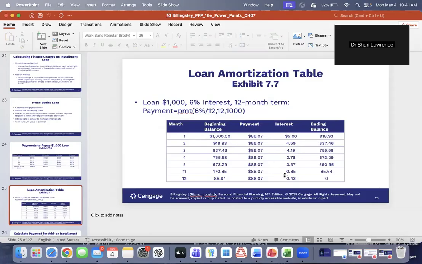Well, this is important because if you pay a loan off early, you save a lot of money in interest. Because let's just say, for example, you made double payments. Well, if you made double payments, then your next payment, you're going to be all the way down to $4.19 in interest. So especially early in a loan, it makes a lot of sense to make double payments if you can afford to, extra principal payments, or to pay the loan off early.